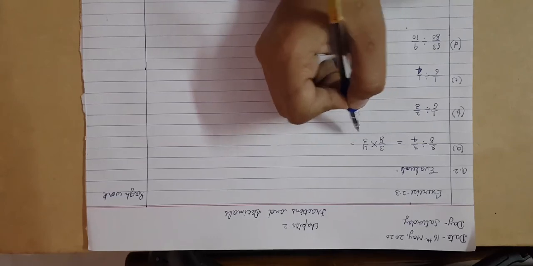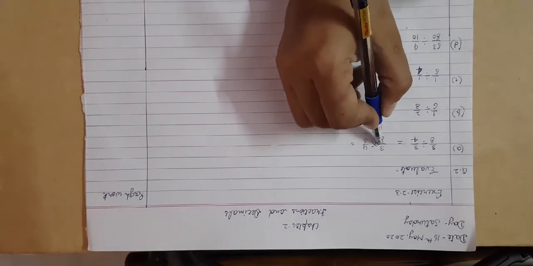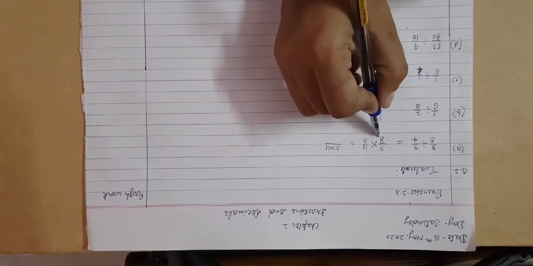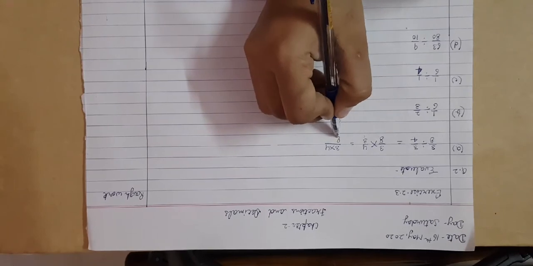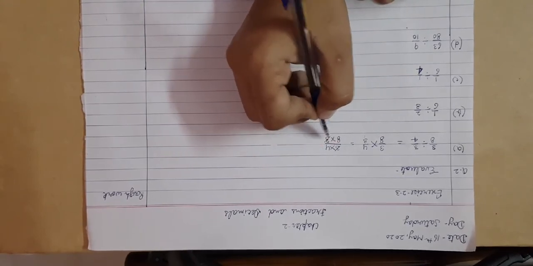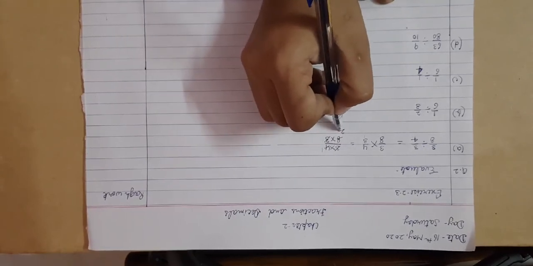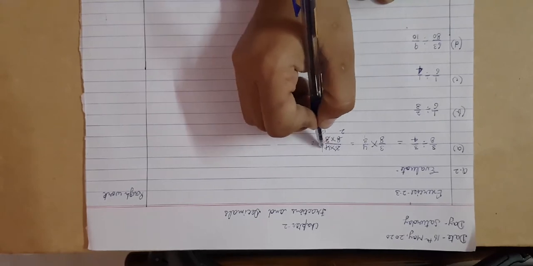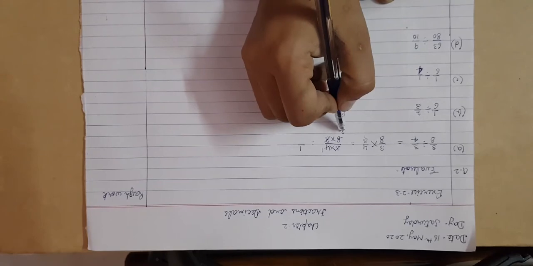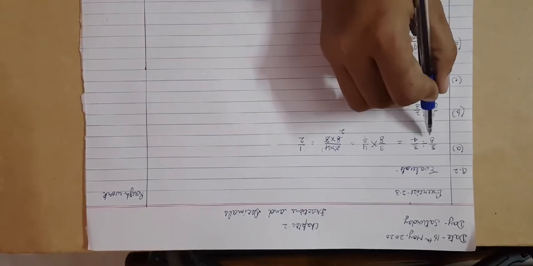Okay. So now it is multiplication of two fractions. So multiply the numerators with each other, that is 3 into 4, and then multiply the denominators with each other, that is 8 into 3. Here you can see both 3s are cut with each other. 4 ones are 4, 4 twos are 8. So on the upper side in the numerator only 1 is here and in the denominator only 2 is here. So 1 upon 2 is the answer for this division.